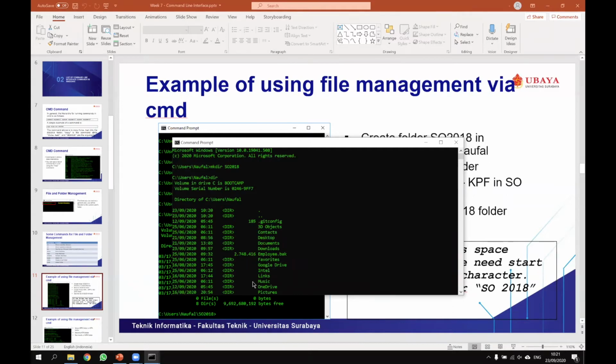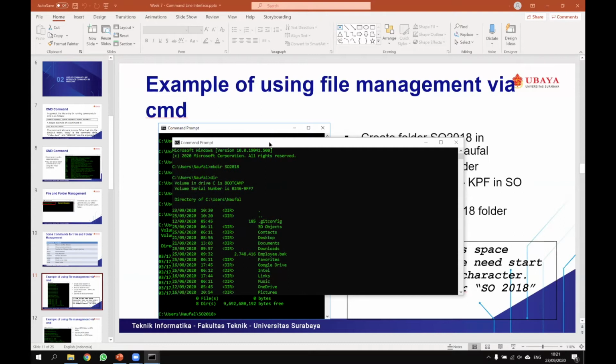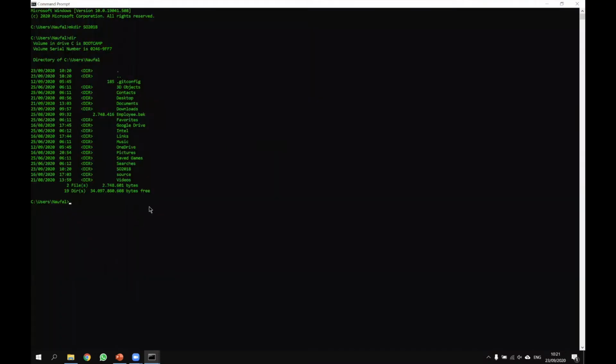Then as you can see right here, I have SO 2018. So maybe I just move to the SO 2018. Okay, if I type the dir command, there is no file or folder inside my SO 2018. So for example, I will follow the slide. I will create a KPA folder and KPP,